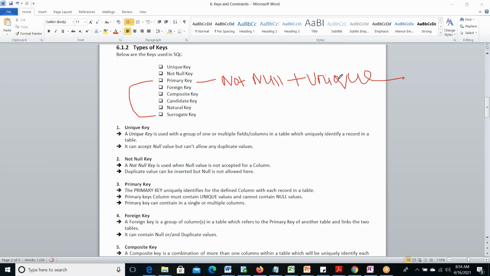If these two are added, then that is called a primary key. The surrogate key is also the same, these two will be added. Surrogate key comes from the primary key only. The concept is the same, the behavior is the same, but the difference is that the primary key column can contain any kind of data